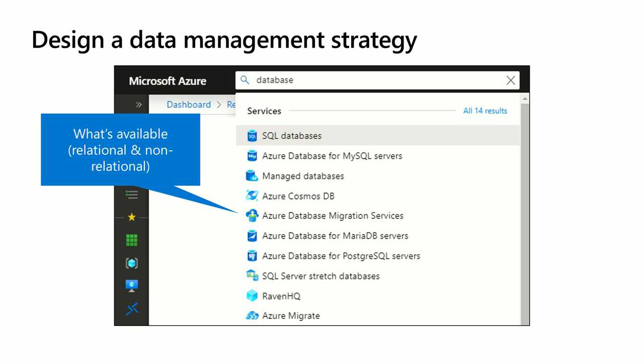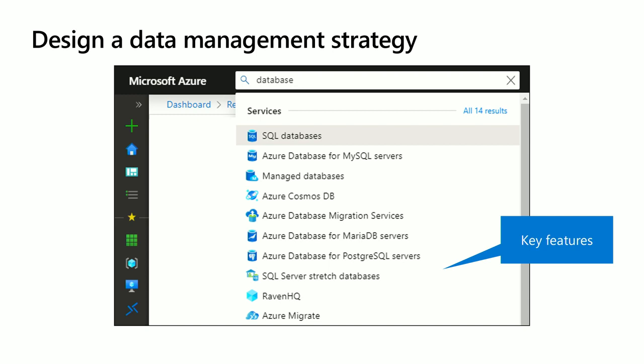As an architect, you need to be able to listen to a client or customer's problem, think about the Azure products that are most appropriate to meet that solution and how to compose them, how to put them together in a meaningful way that's cost-effective, performant, secure, et cetera. So understand and know what's available relationally and non-relationally. Non-relationally, most of the time, the roads lead to Cosmos DB, don't they? And the second thing is just understanding the marquee features of each platform. So you might have a case study where the problem that they're trying to solve you feel could be solved by